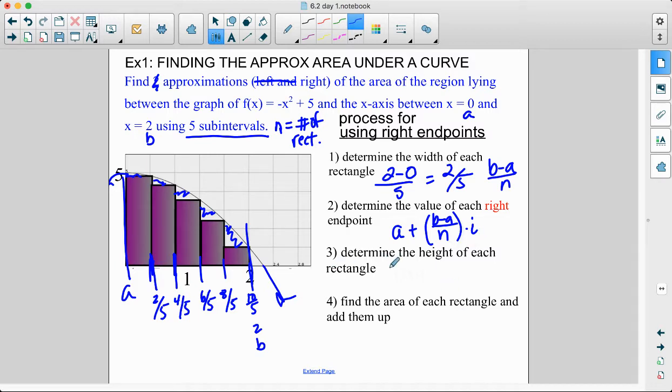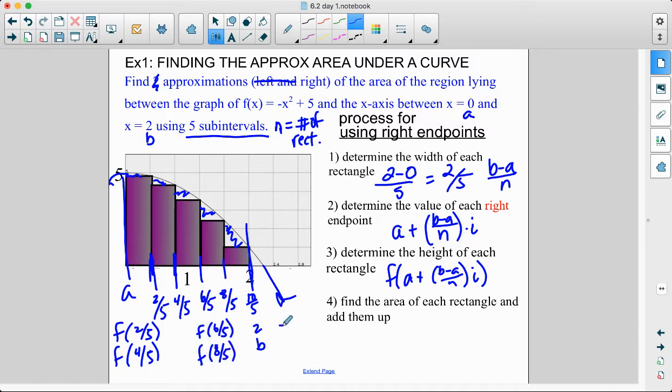So let's determine the height of each rectangle. We're going to do f of each endpoint. So this looks pretty complicated, but really we're just going to do f of 2/5, and then f of 4/5, and then f of 6/5, f of 8/5, and f of 2 to get all of those heights. So you can use a calculator for calculating the heights. I would recommend going to y equals and typing in negative x squared plus 5,